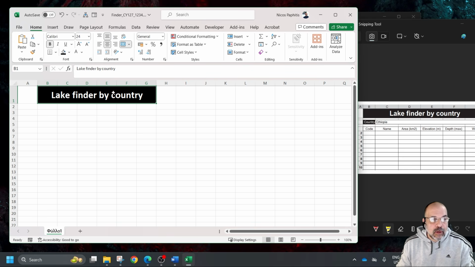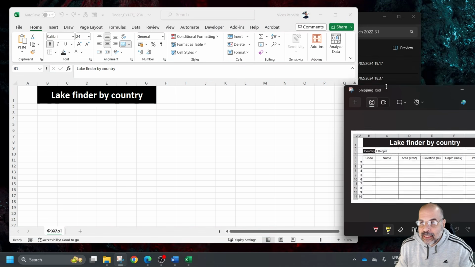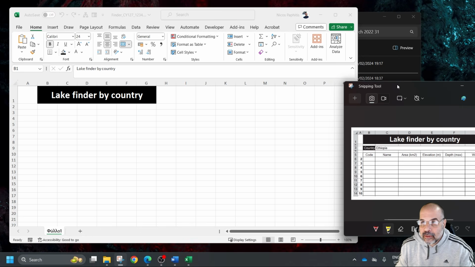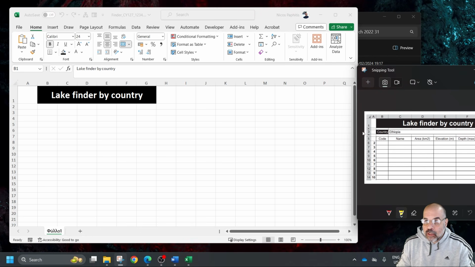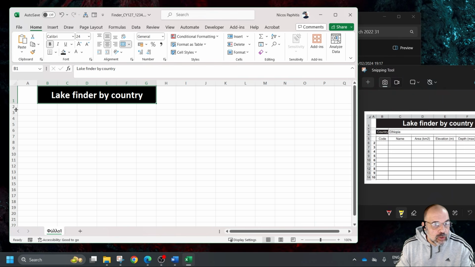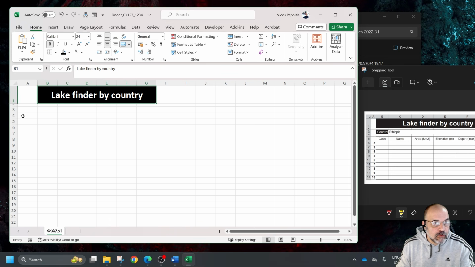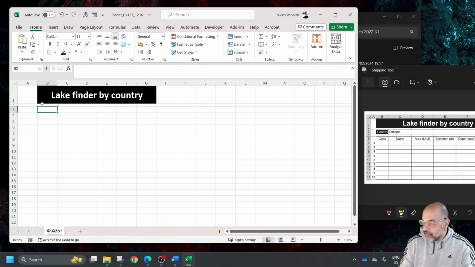Now, again, the width of my columns, we haven't adjusted those yet, so I'm just going to leave that there. Now, my next one that I can see here, without zooming in too much, is row number 2 is squashed. So that just gives me just the bottom part of number 2. Okay, number 3, I've got in B3 country,